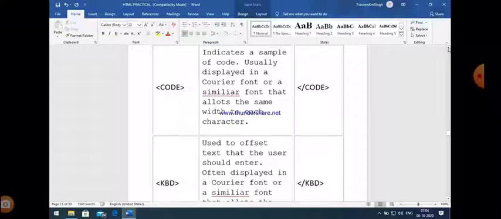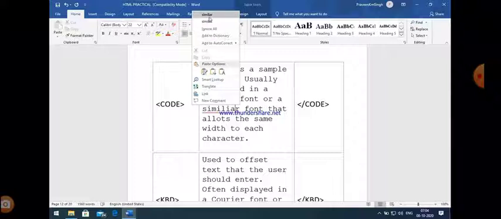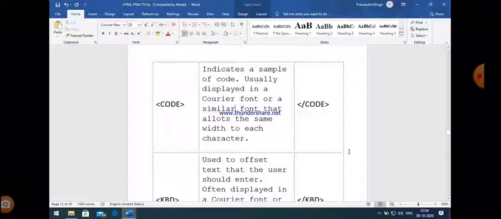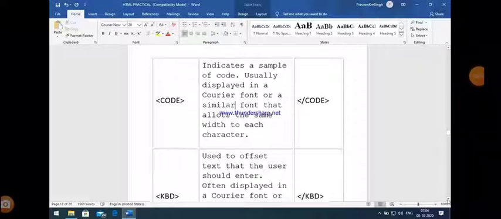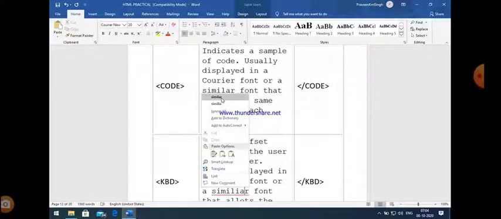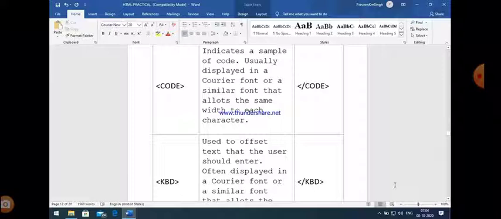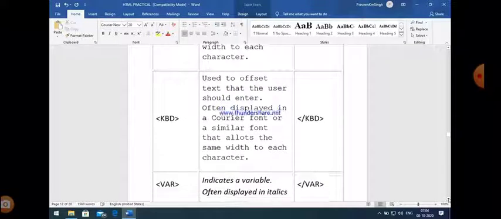It is used to offset text that the user should enter, often displayed in a Courier font or a similar font that allows the same width to each character.